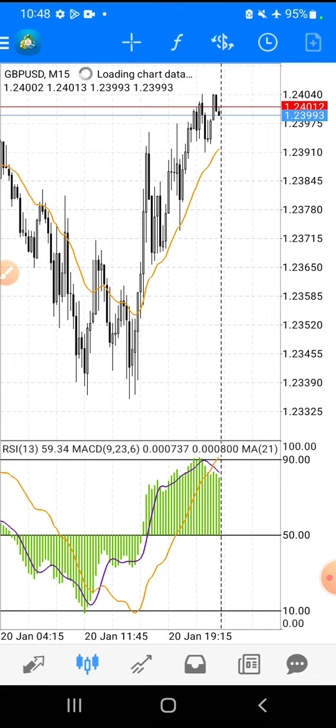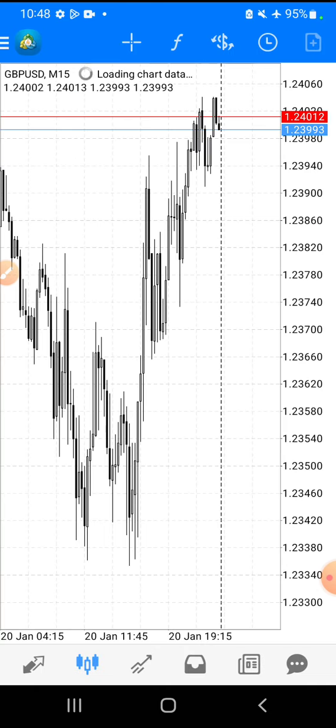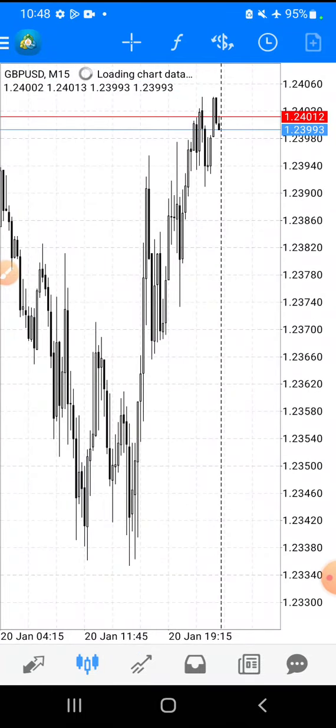So this is how the strategy looks like. I'll remove all these indicators so that we can install this strategy together. It's very simple. I hope you guys will appreciate it and will test it first on your demo accounts before moving on to your real account, so that you get comfortable with the strategy.